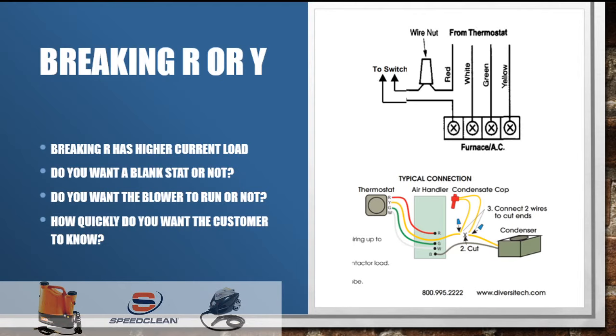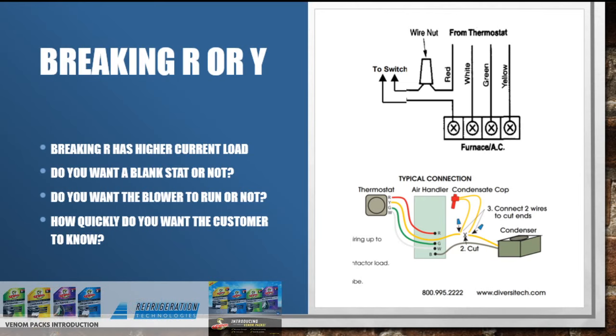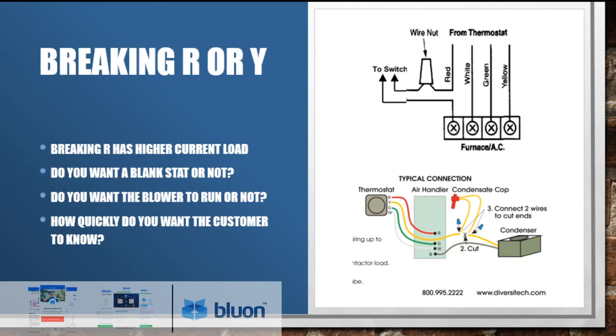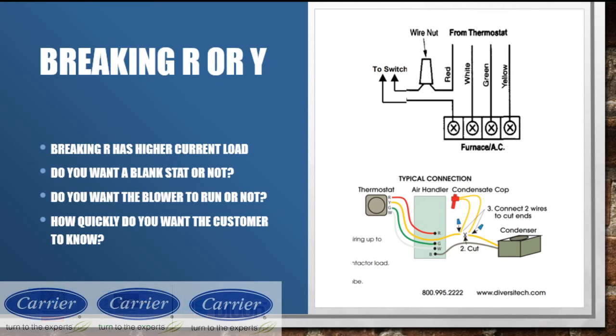Now, obviously, if it's tripping the switch, likely not causing too much damage or anything, but let's say it's in a secondary pan in a horizontal application. You really don't want that water sitting there for a long period of time. So I'm a little more prone, or I was a little more prone, to say break R and blank the stat. Now we have all these battery thermostats,